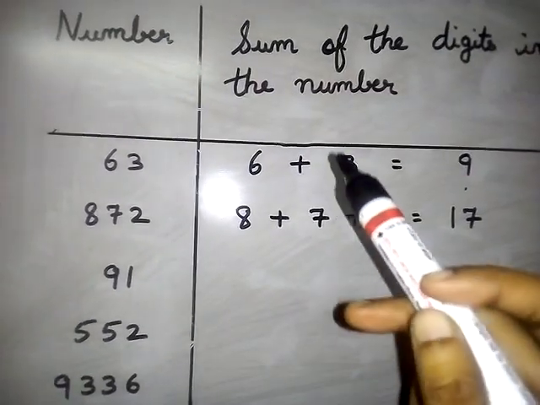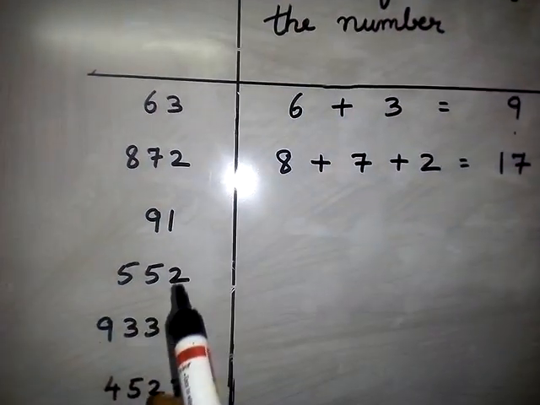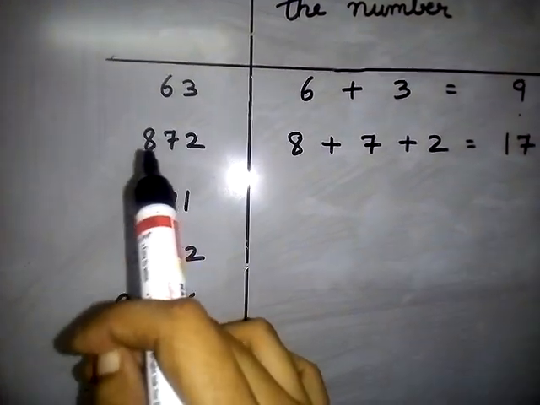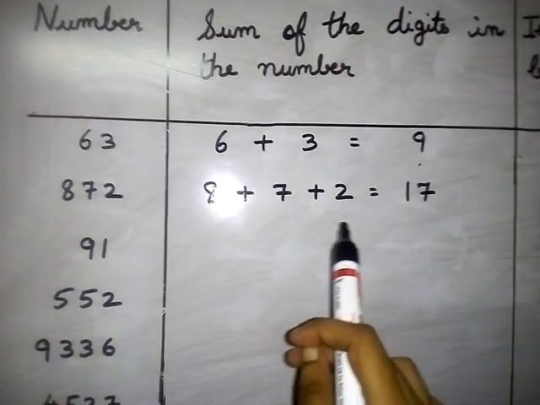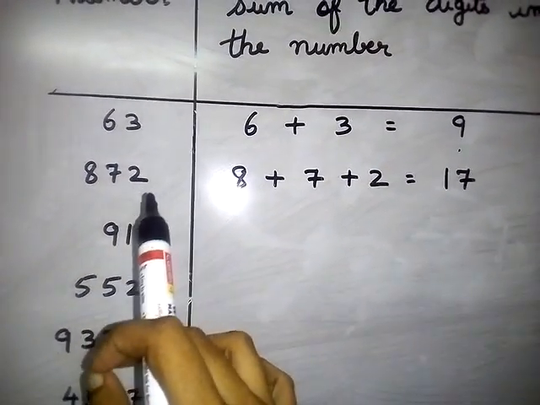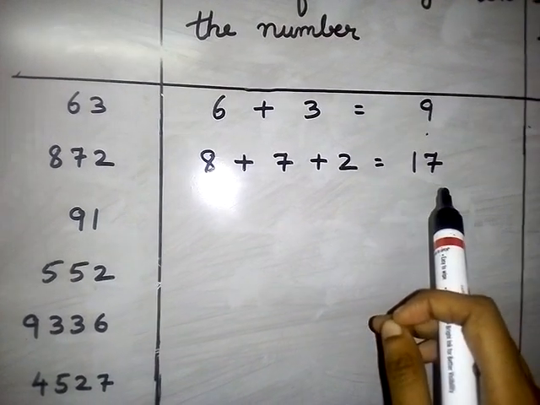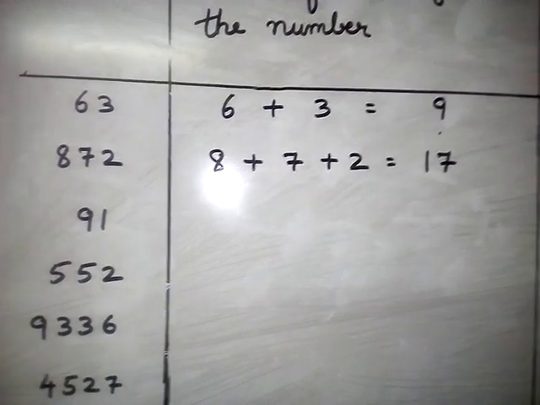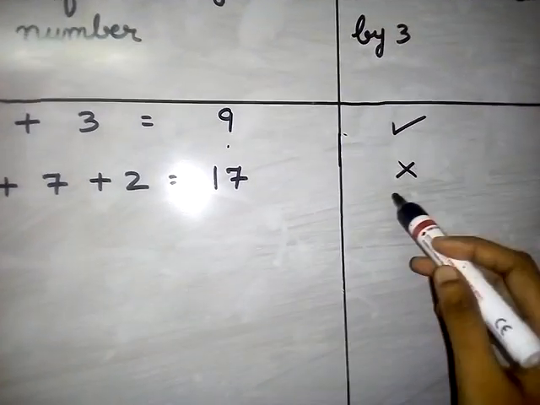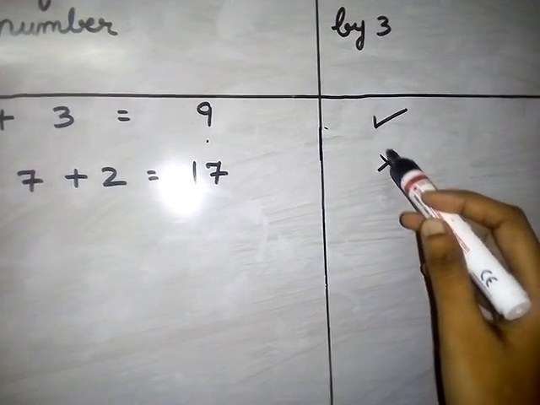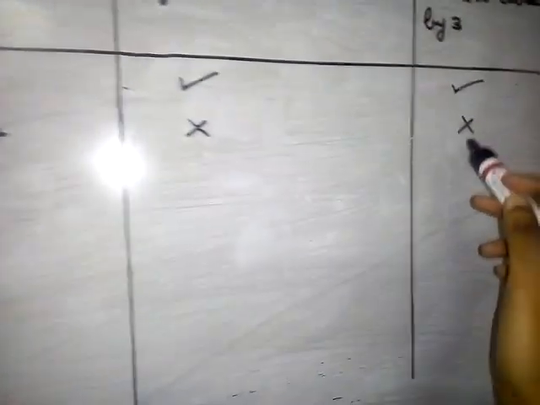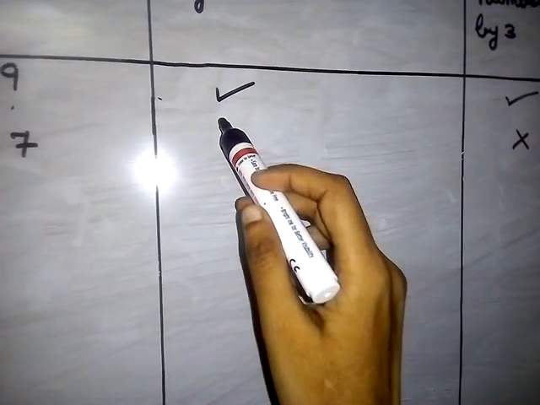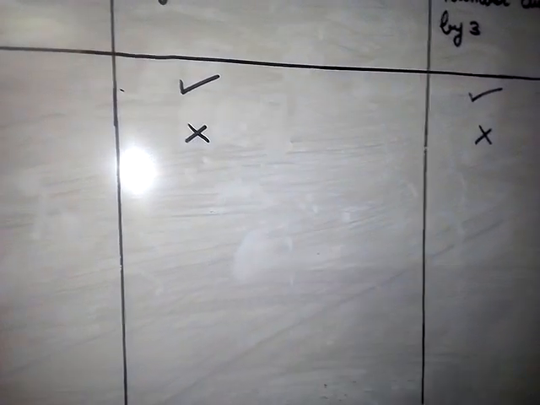In test of divisibility of 3, whatever the given numbers are, you have to count how many digits there are, and you have to write in addition form in this column, and after adding the digits, you have to say the table if it is going or not. If it is not going, you have to put a wrong sign, no sign. Okay, tick mark is yes sign and cross mark is no sign.